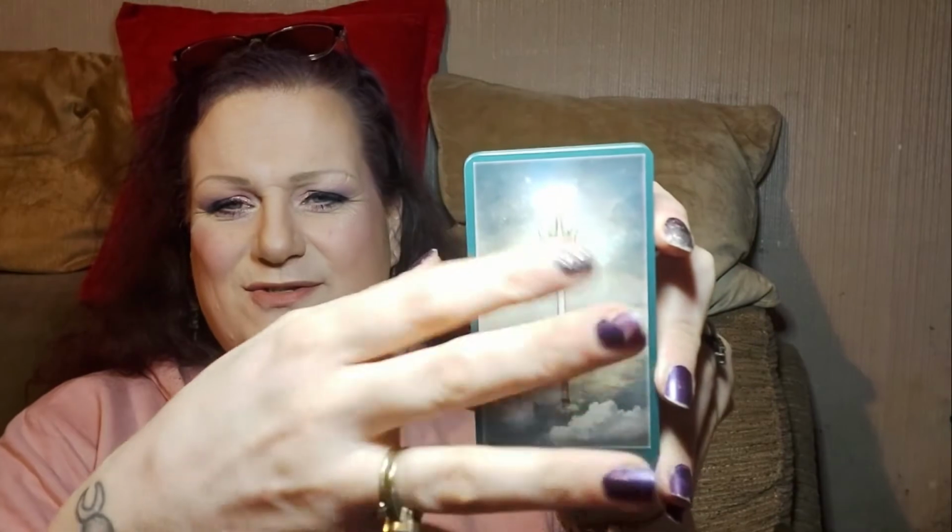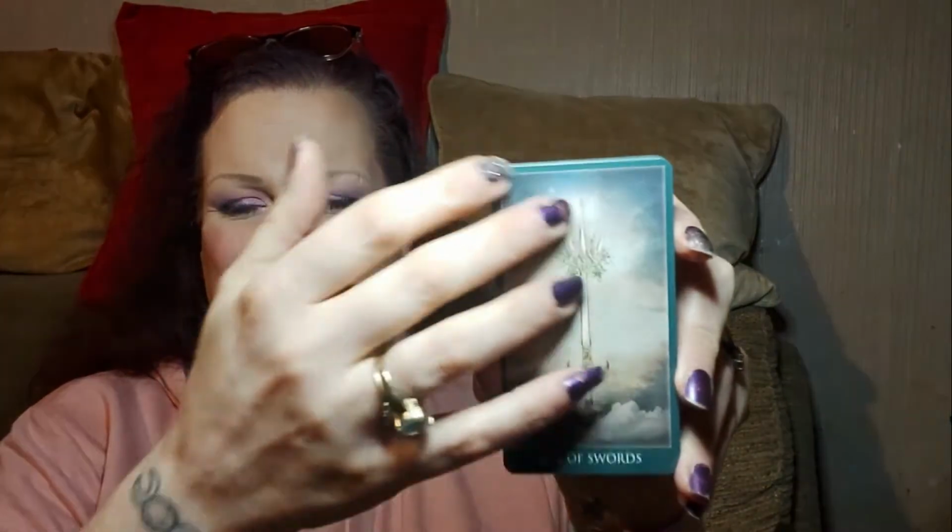And then we've got the Ace of Swords. So again, this is that air element sort of coming in. You can see it in the clouds and in this white. I'm wondering whether we're going to have this white kind of color flowing through this suit. Let's have a look. Certainly with the Two of Swords, I mean, that's